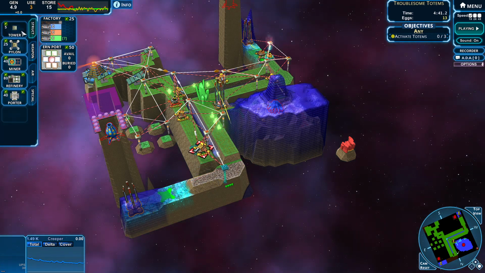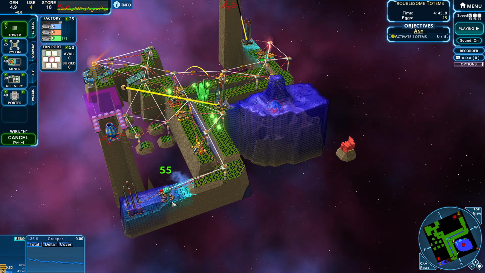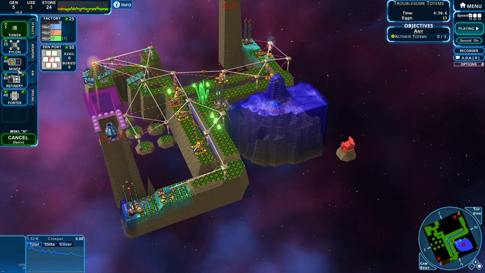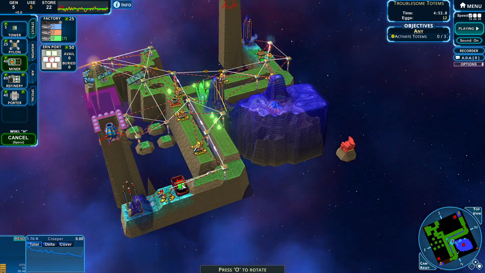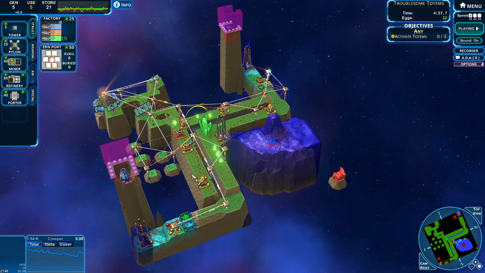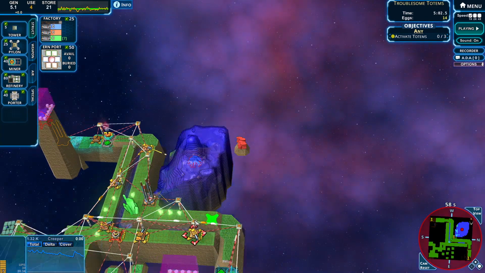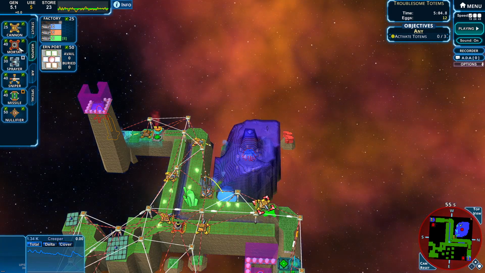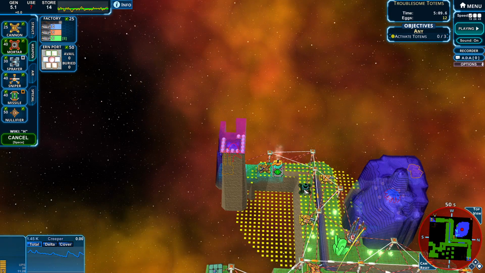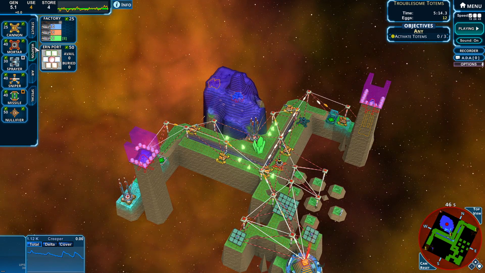And come down this way, just like before. And another miner. Of course, the eggs prevent us from really pushing forward with more miners, but this is going to be helpful. I'd like another mortar on each side. Although, actually, it's probably a little bit premature for that, because we're about to get hit by